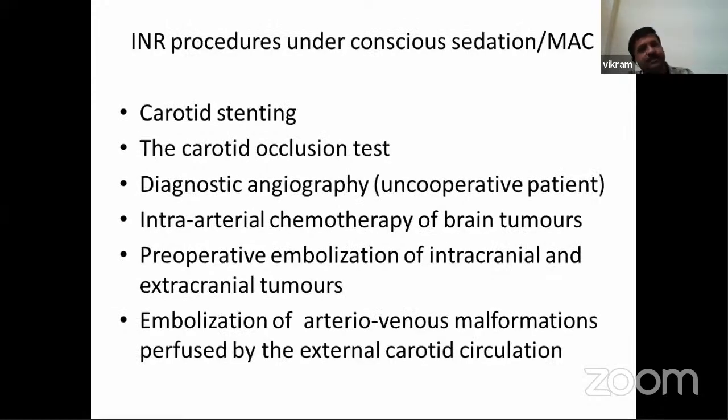So some of the procedures that can be performed under this monitored anesthesia care include carotid stenting, carotid occlusion test, diagnostic angiography in uncooperative patients, intraarterial chemotherapy, preoperative embolizations of tumors, embolization of AV malformations, and